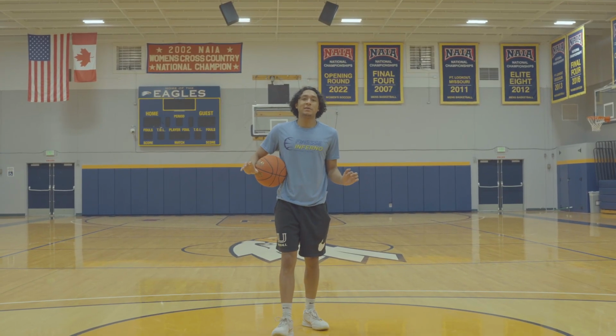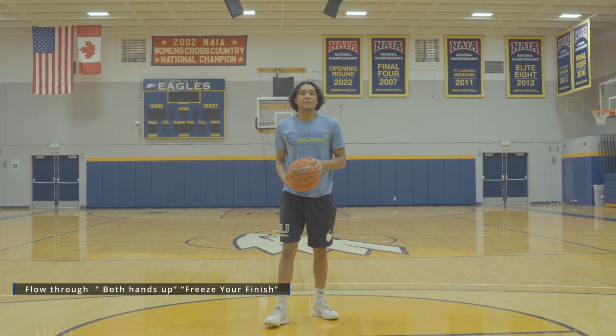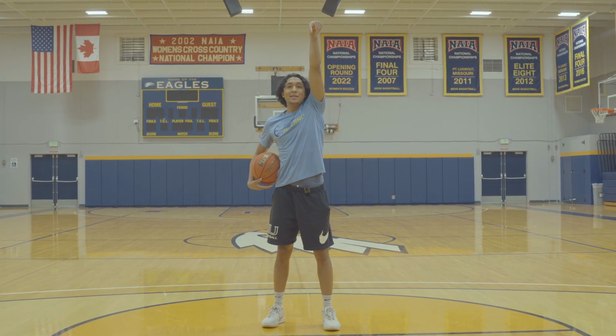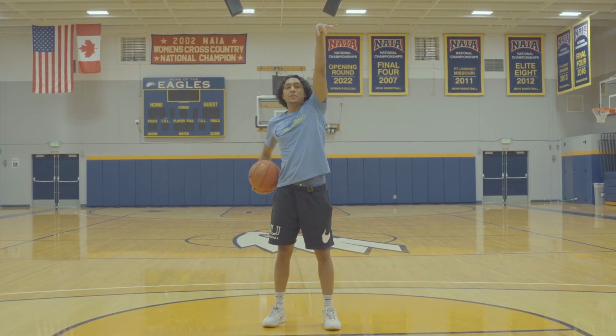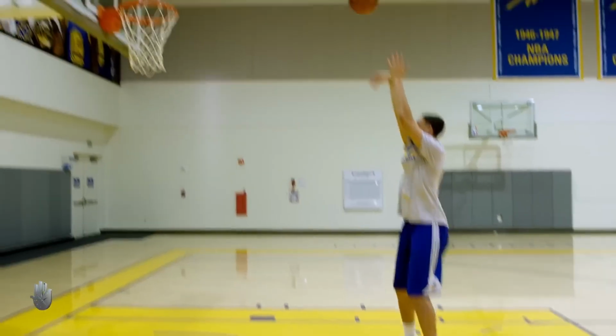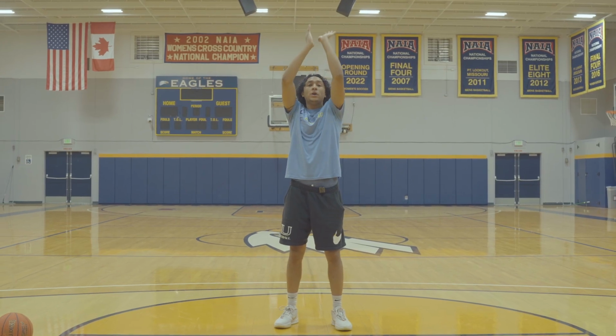So the fifth and final tip to become a better shooter is to freeze your finish. What I mean by freeze my finish is when I shoot the basketball, I want to extend my elbows and knees at the exact same time. The other thing I want to do is create leverage on my shot, and I want to bring both of my hands up, and I want my guide hand and my shooting hand to follow throughout the